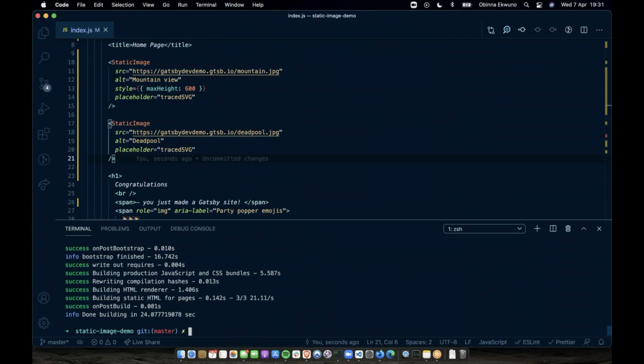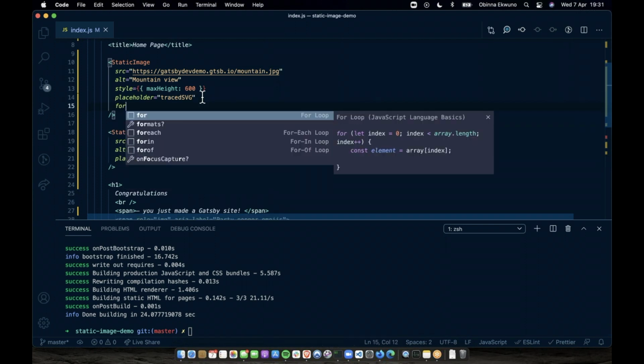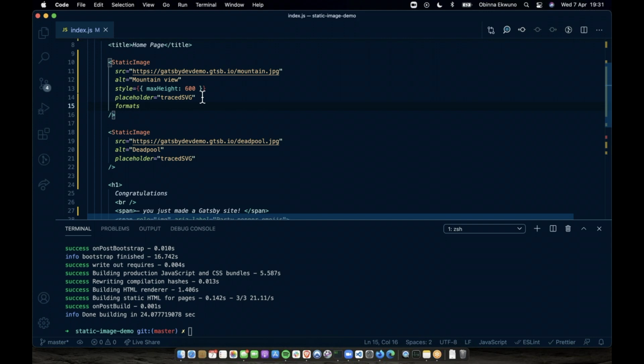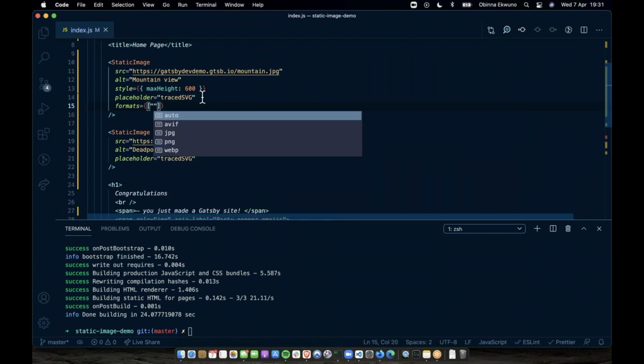And then there's another option that you can add to your images: formats. By default, we serve WebP and a fallback, which is auto, but you can add a series of formats that you want on your image. You can have options like auto, AVIF, JPEG, PNG, and WebP.